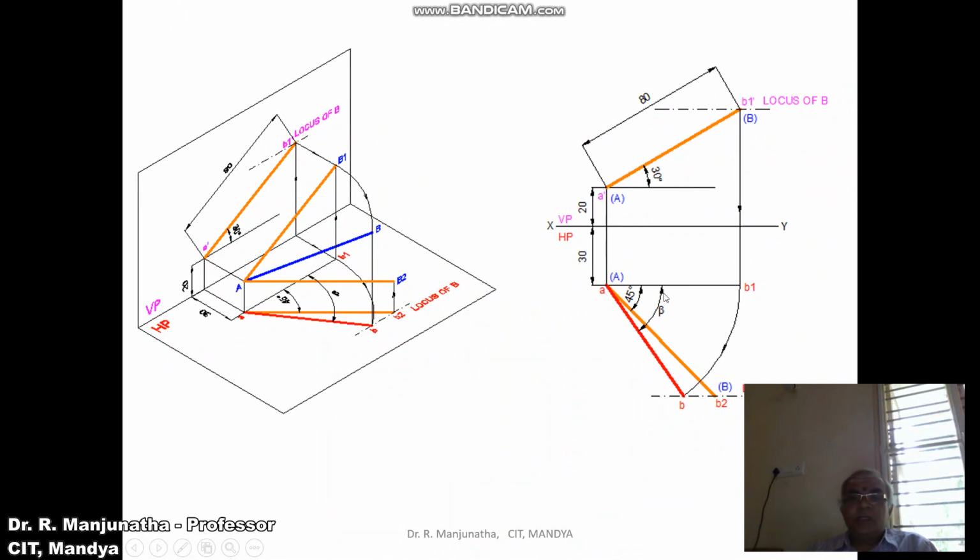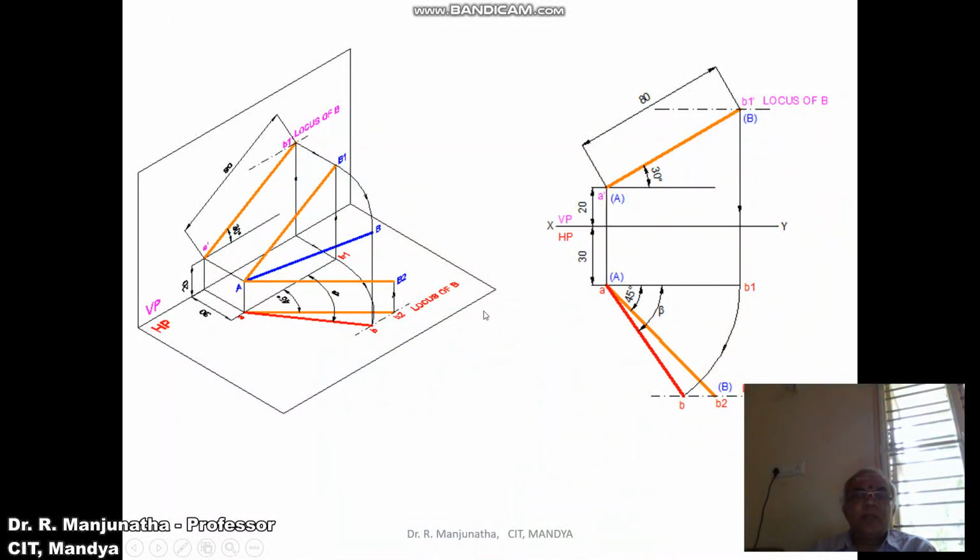Then measure the angle of this apparent inclination with respect to VP. So mark this point as beta. That is how we have been shown here. You rotate this such that this B1 will be on the locus of B in the top view, so that you will get the image. Once you look from the top view, A is here, B will be here. So you are going to get AB. So this will be the apparent inclination with respect to VP. Now, this we found out.